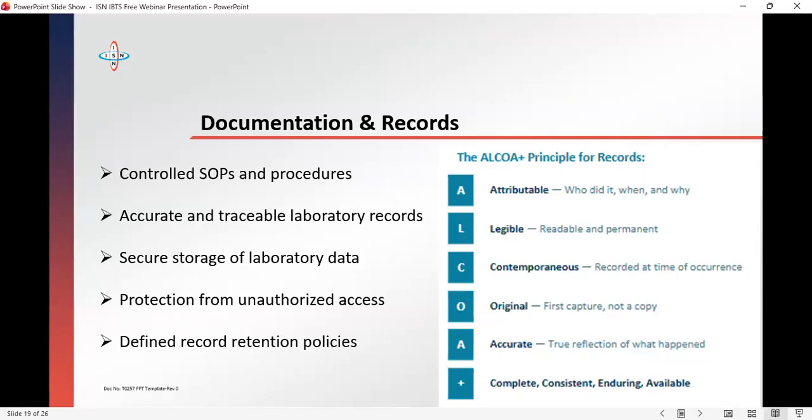Do you have your defined retention policies? For instance, records generated in the laboratory. Do you have a documented time when people can have access to those results? MLSCN on their website has documented guidelines for storage of both specimens and records generated. In principle,